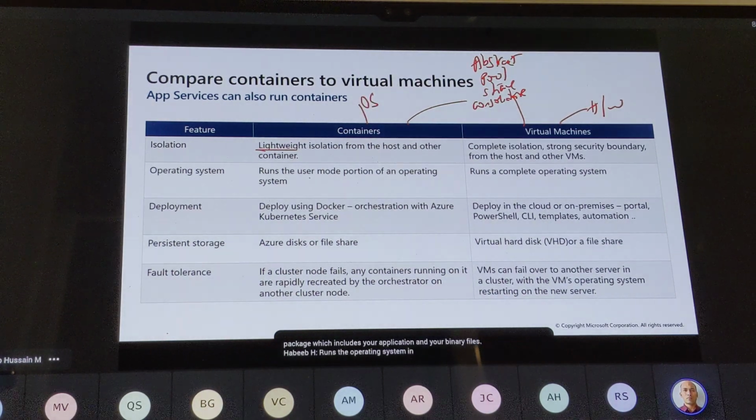Runs the operating system in a user mode portion, whereas here the complete operating system. It is deployed using a container runtime engine, software like Docker. Here you will rely on Azure Portal or Hyper-V as a hypervisor, or if I'm talking about on-premises, you can even go with VMware ESX or Linux KVM. Persistent storage is offered to everyone, disks and file shares. Here we are going with virtual hard disk or a file share. Fault tolerance is offered